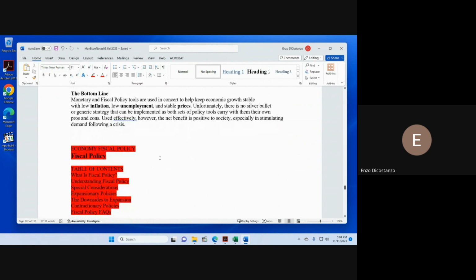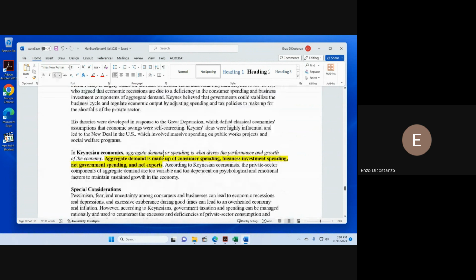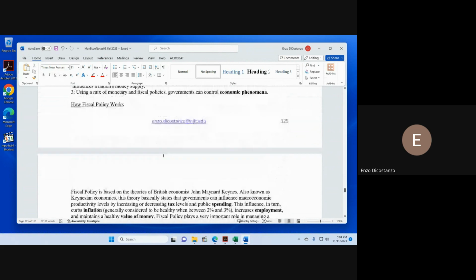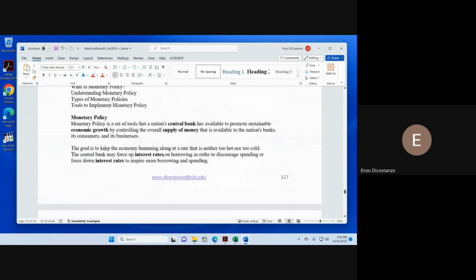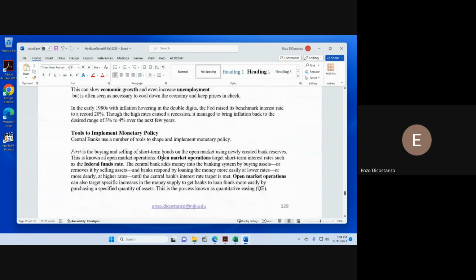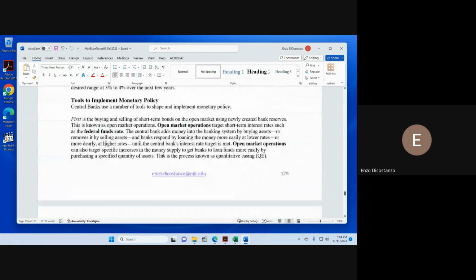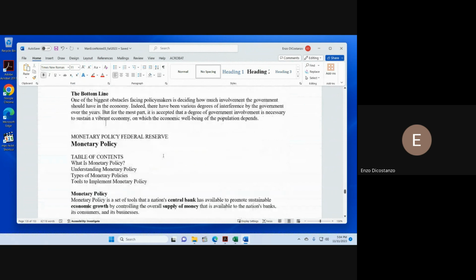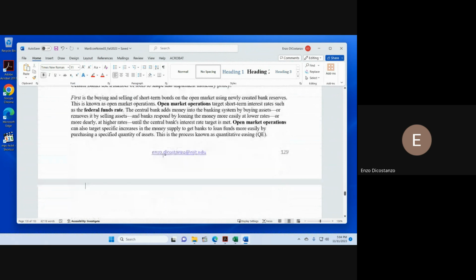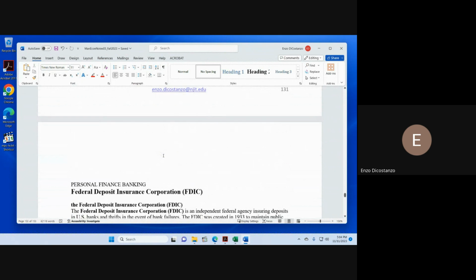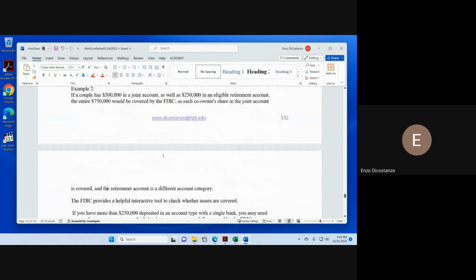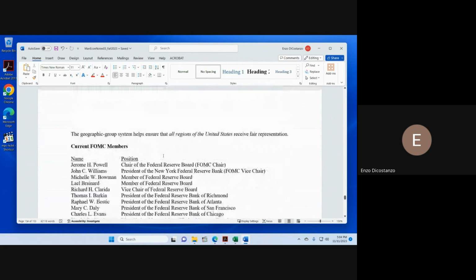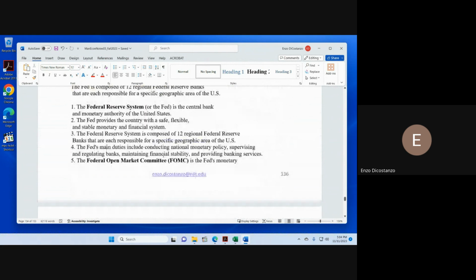Like I said, we'll go into fiscal policy and monetary policy a little more specifically. We'll cut some other videos, might be a little bit longer, and we'll talk about the federal funds rate again. And there's always more stuff you can talk about with all of this, right? We can always talk about more. Here's the Federal Deposit Insurance Corporation.